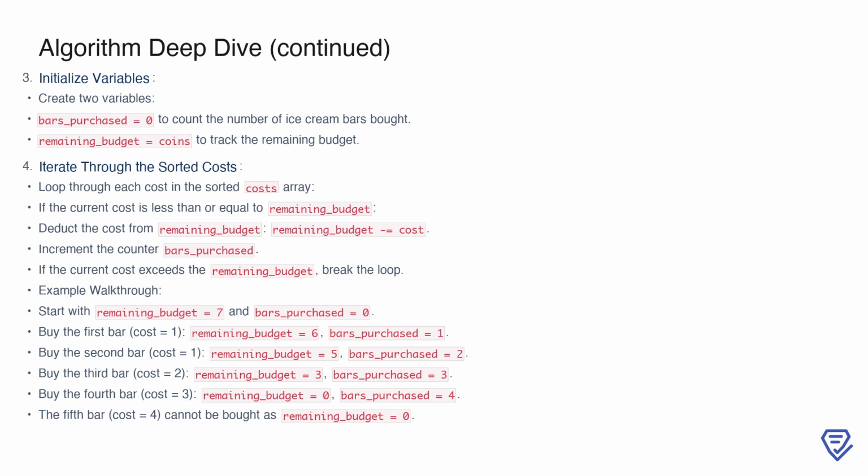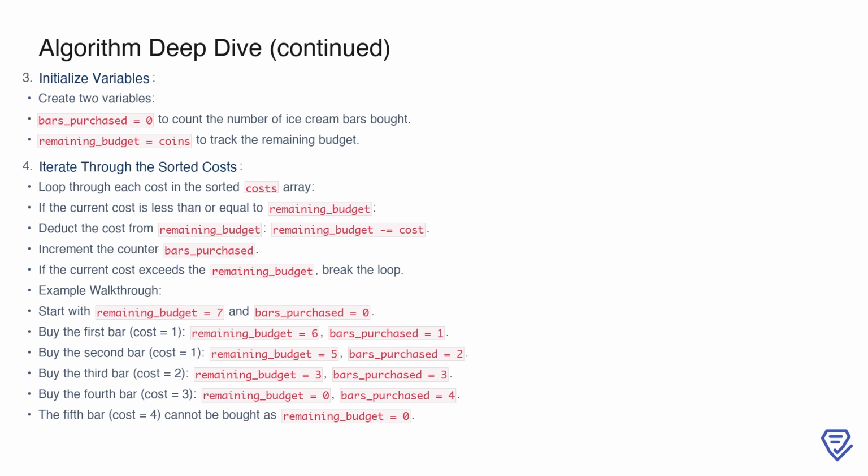With these variables ready, we iterate through the sorted costs array. For each cost, if the current cost is less than or equal to the remaining_budget, we deduct it from remaining_budget and increment the bars_purchased counter. If we encounter a cost that exceeds the remaining_budget, we stop the loop early, as no further purchases are possible. For example, starting with remaining_budget equals 7 and bars_purchased equals 0, we buy the